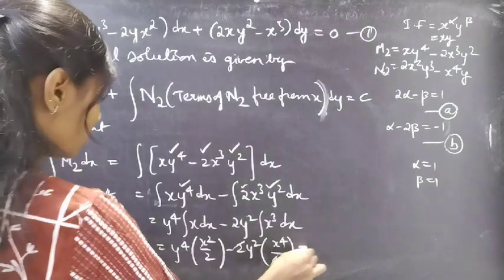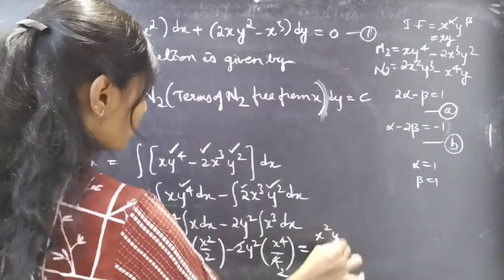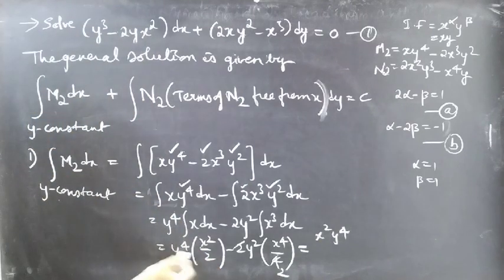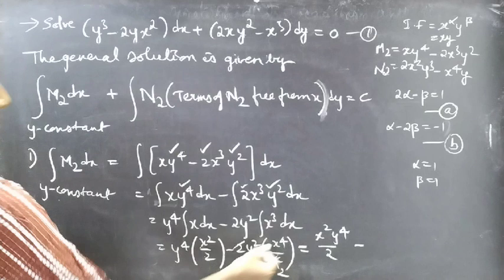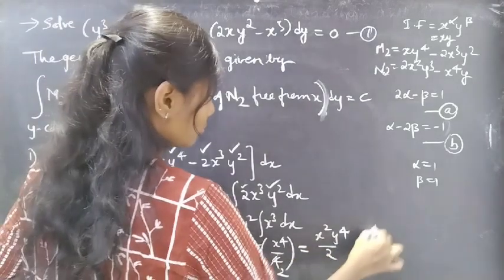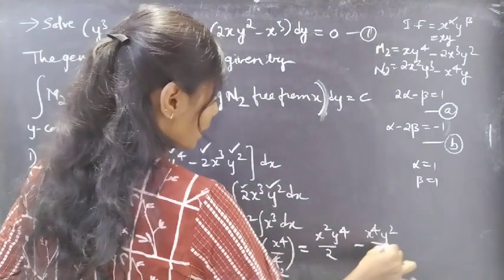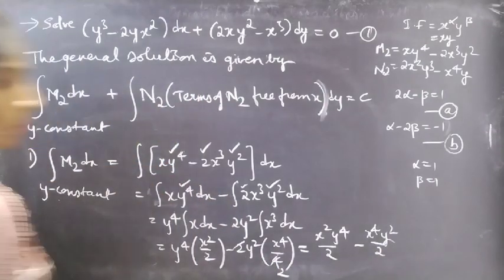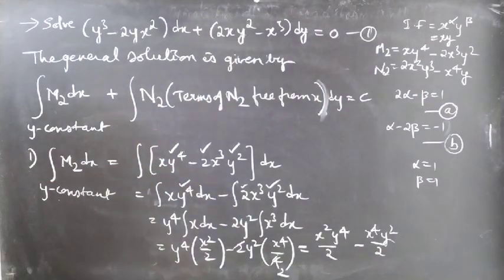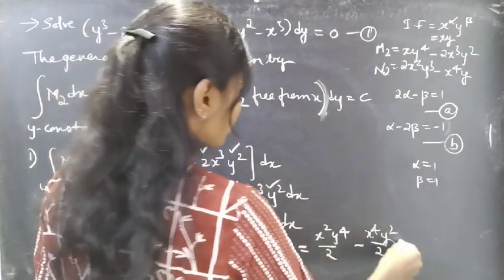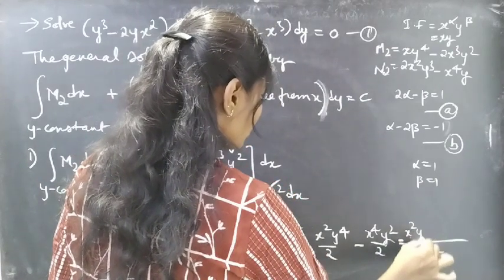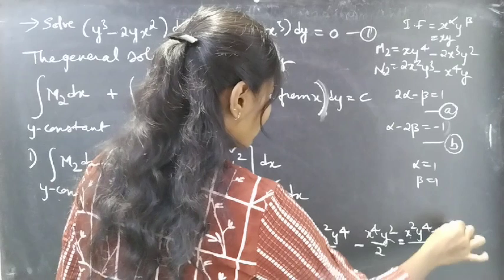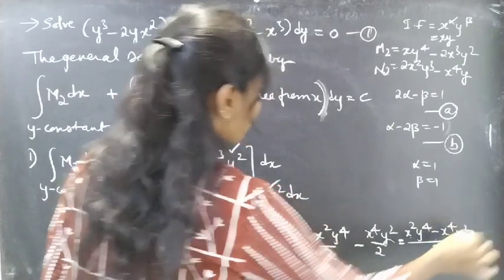This equals x square y power 4 by 2 minus x power 4 y square by 2, or just take the LCM of these two denominators, we'll get 2, right,